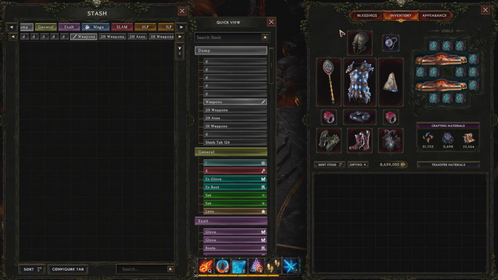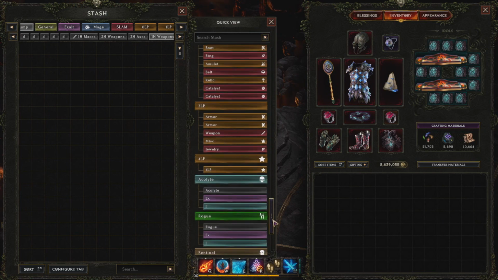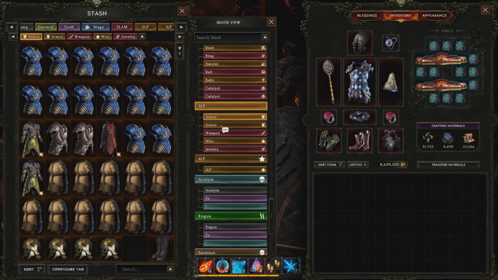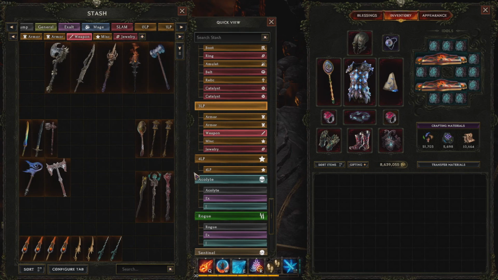So this is one way that as you get more items, you can add stash tabs accordingly rather than just immediately buying them all up front. This is very useful. I already do this in a lot of my different tabs here. So for example, in 3LP, I don't really have a whole lot. So I only have armor. You can see there's chest, boots, helms mixed together